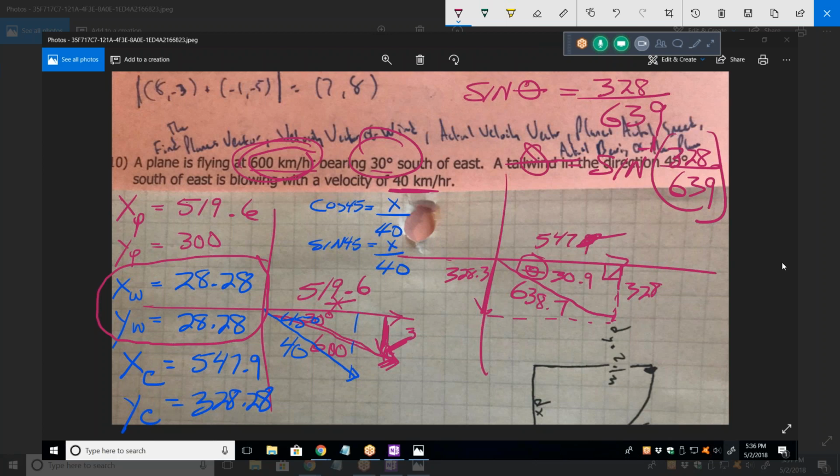If you want to know what his velocity and direction are with regards to the ground, then you have to add the wind in, and that's what we just figured out. He is going at 638 kilometers per hour with regards to the ground at a bearing of 30.9 degrees south of east. Now, I rounded off a lot of these, so that answer might be off by a little bit, round off error. I get a little irritated with them sometimes when they give us these decimals out to two places,